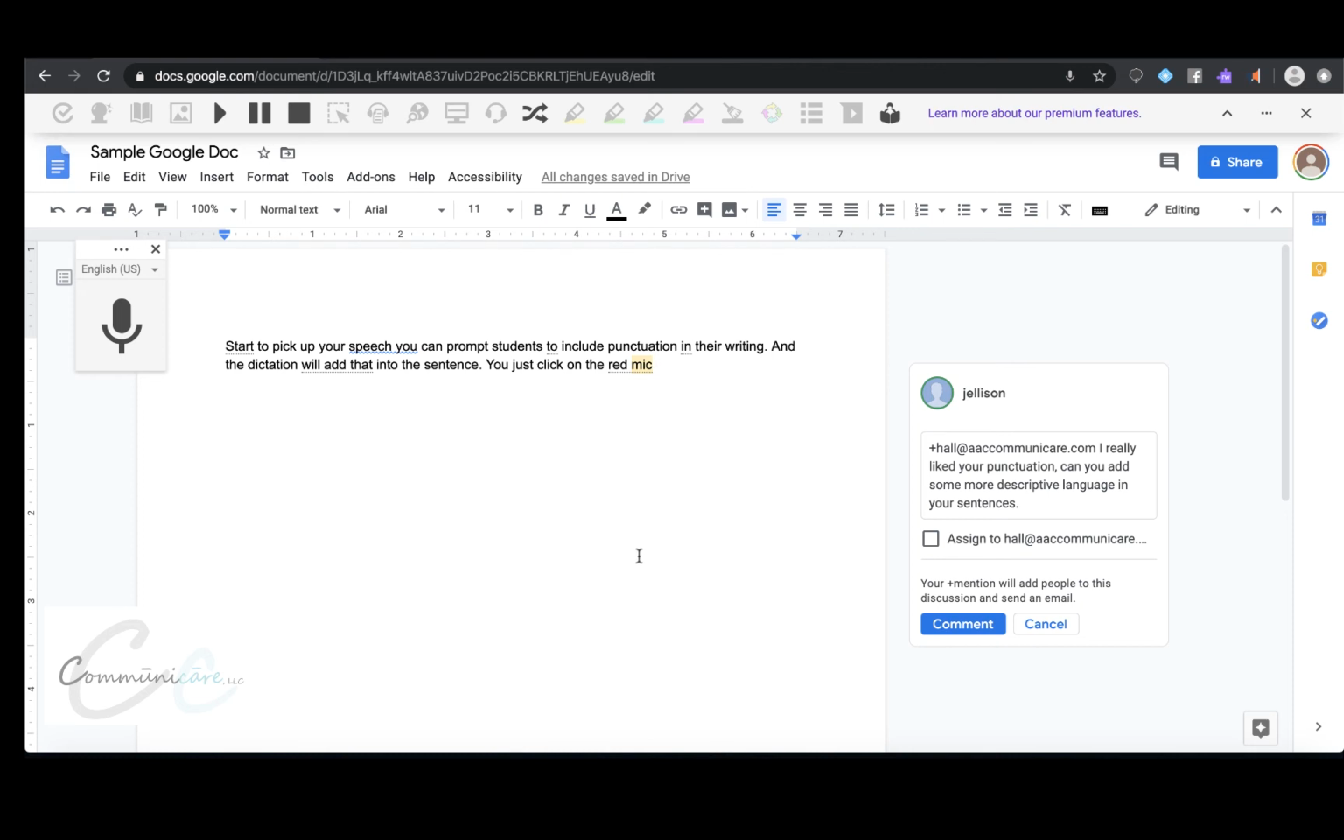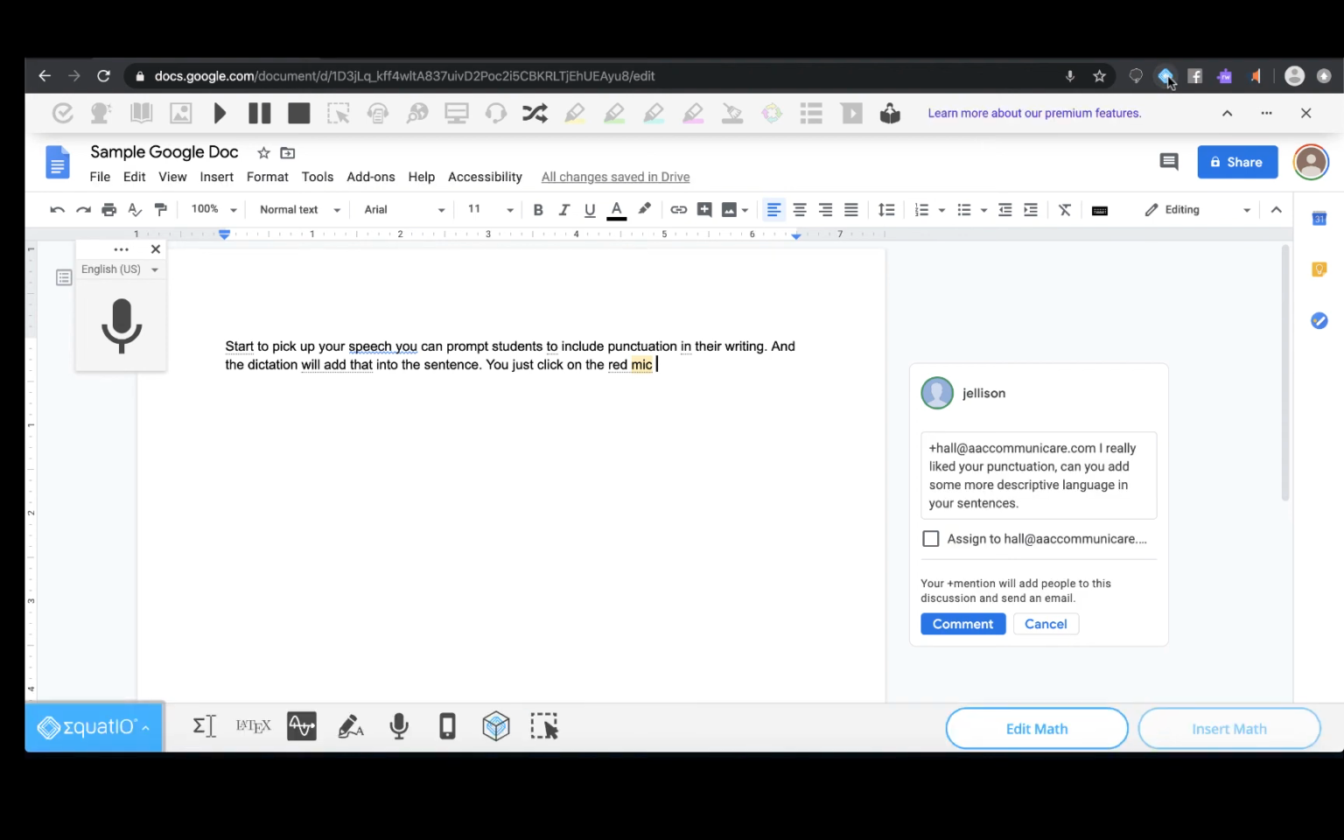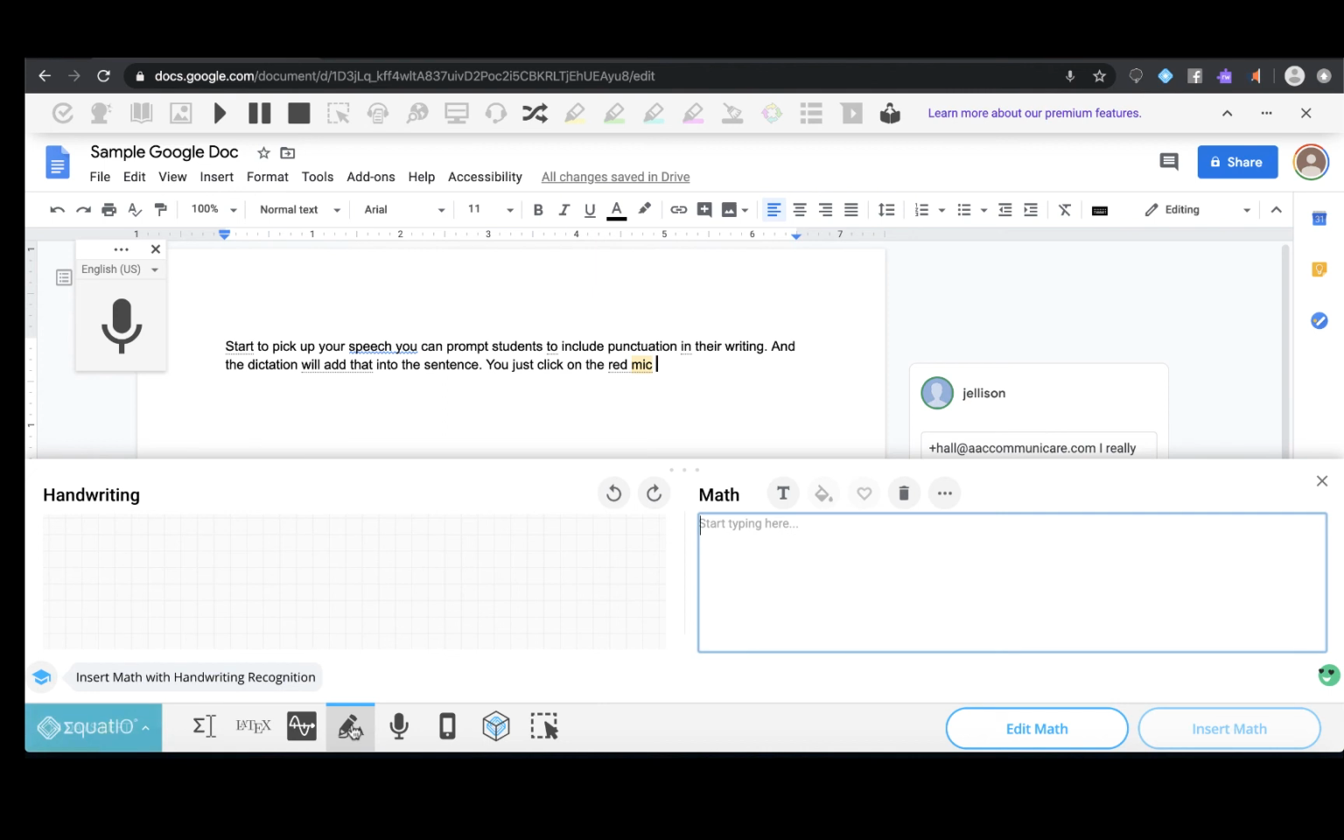The last part that I wanted to show you within Google Docs is the use of Equatio, which is this app with this blue diamond. This application, you can download a trial and you can edit math and insert math. To do this, you click on the toolbar. This is the handwriting recognition piece. So if I wanted to write 1/2